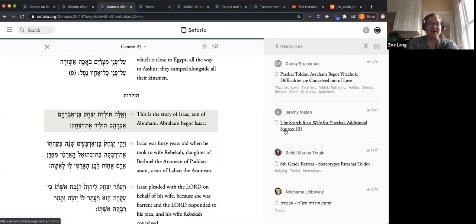There we go. So there was a question in the chat about if you click connections on a source sheet, is there a way to pare down which connections get put on the sheet? So for example, the one that you did pulled in like 12 Rashis. Maybe I just want the 5th Rashi. How do you do that?